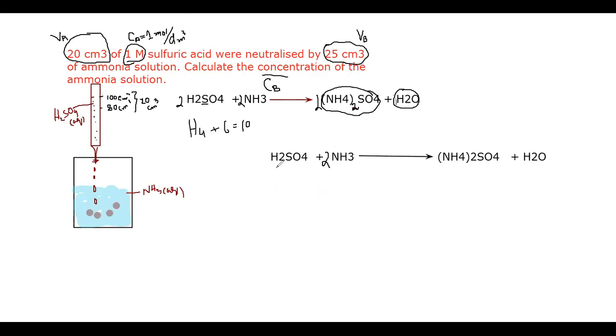Now by the help of that equation, I can see the mole value of sulfuric acid in the chemical equation is 1 mole. And what is the mole value of ammonia? That is 2 mole. Means the mole ratio is 1:2. Now I will apply the formula of the titration. You know what is the formula of the titration? The simple way of finding the concentration of any unknown material by the help of the formula of the titration, that is Ca